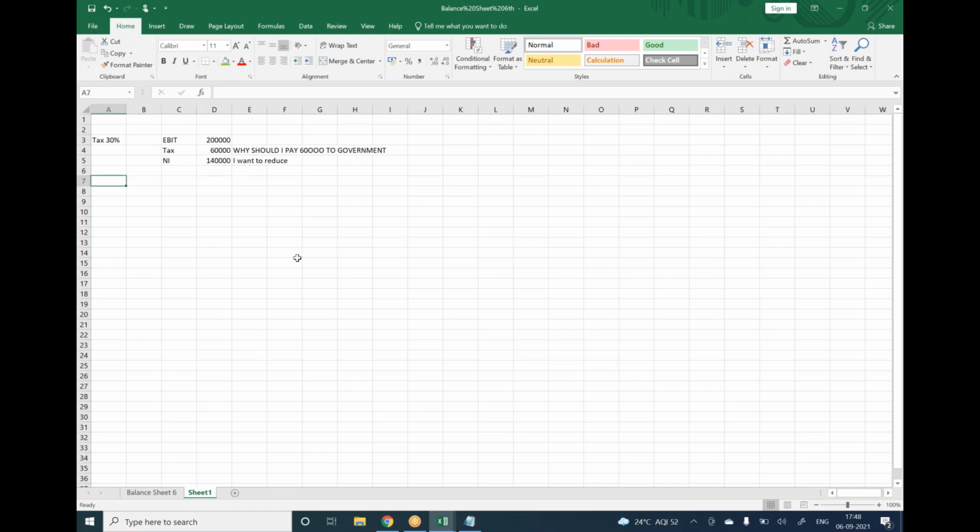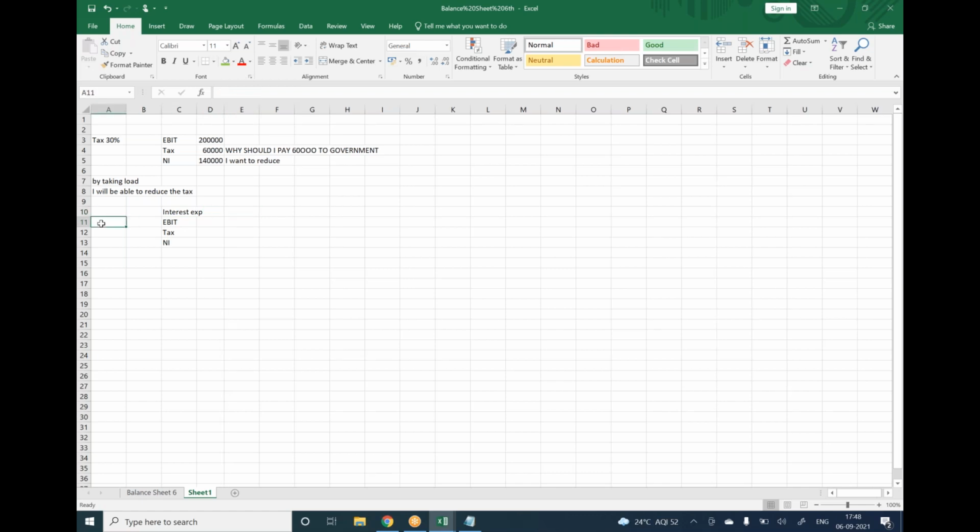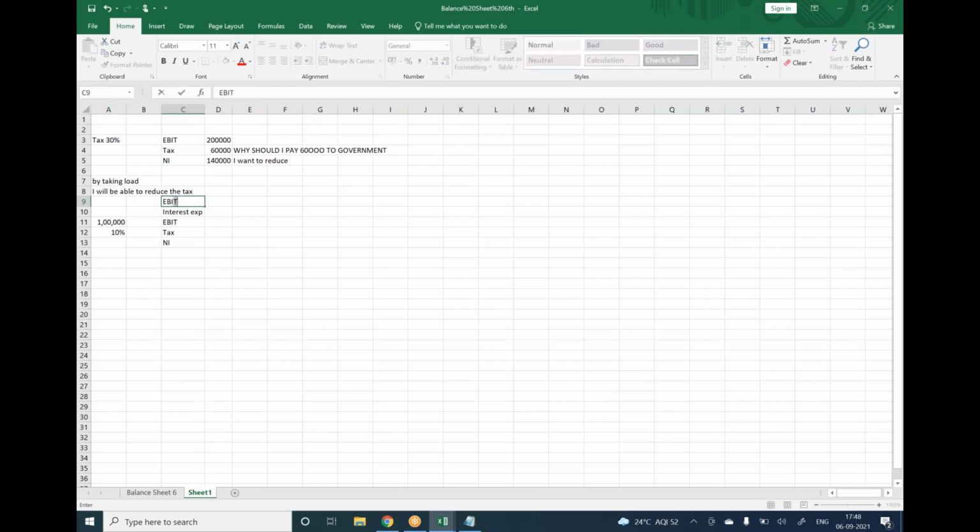Excellent. If I take a loan, I will be able to reduce the tax. So for example, EBIT, tax, net income, but above EBIT is what? Interest expense. Say assume that I have taken a loan of 1 lakh, 10% rate of interest. This will be